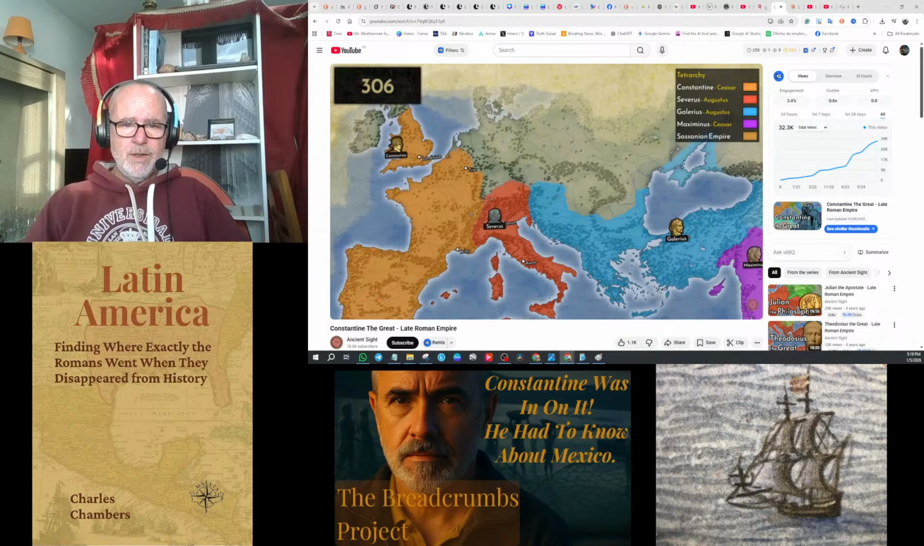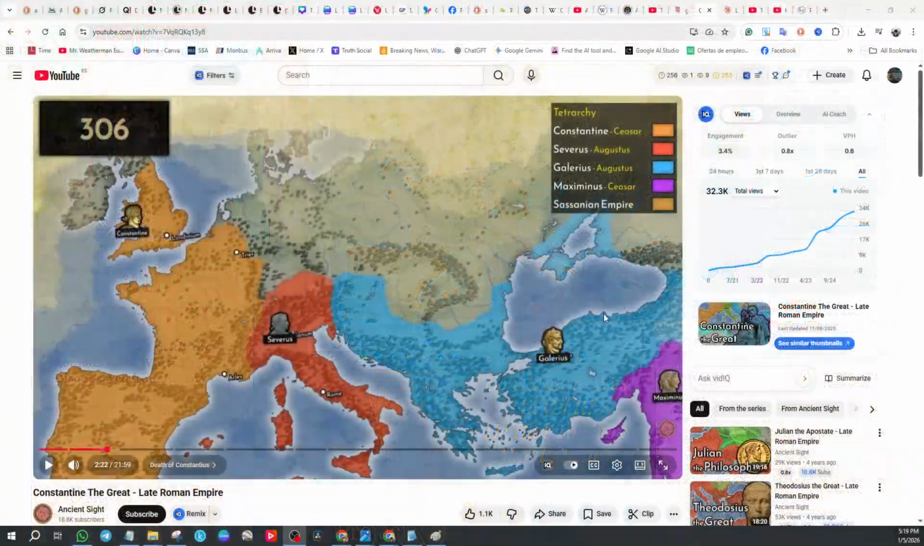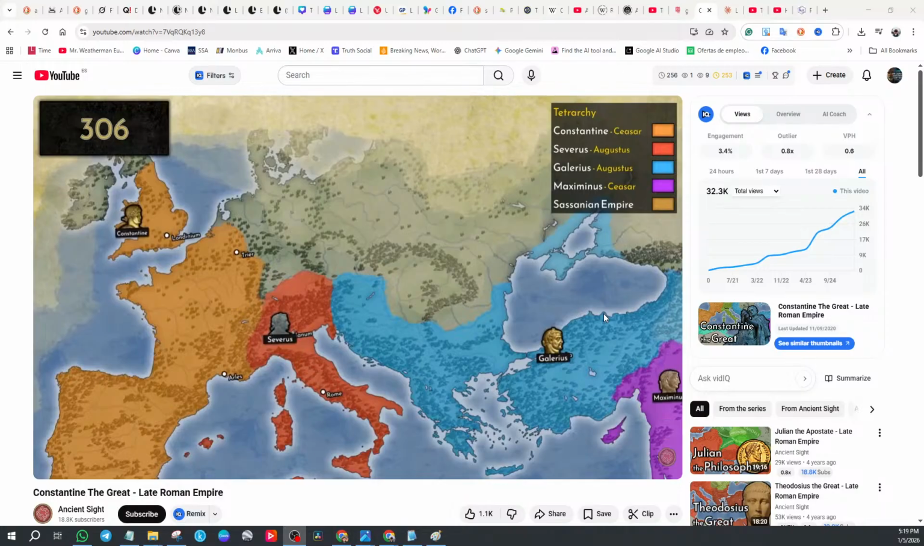So, yes, this is the situation in the Latin Empire, not the Roman Empire, the Latin Empire, in 306. So this is 25 years after the collapse of the Gallic Empire, where Rome kind of, they say, united with the Latin Empire, and that is kind of the situation, but not at all, because each area, each region had